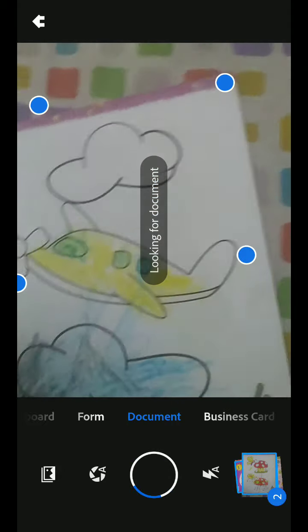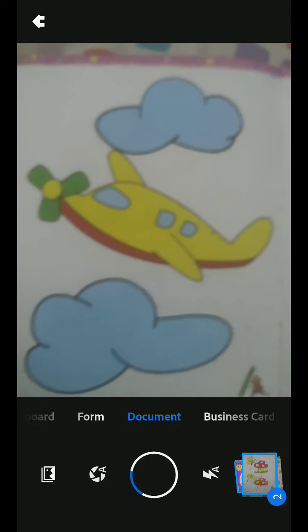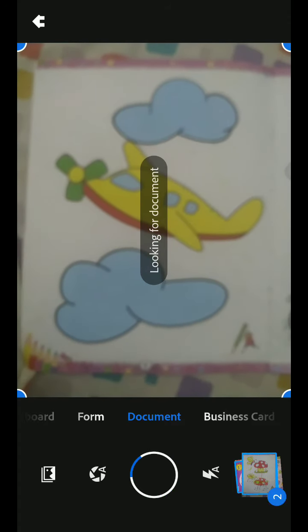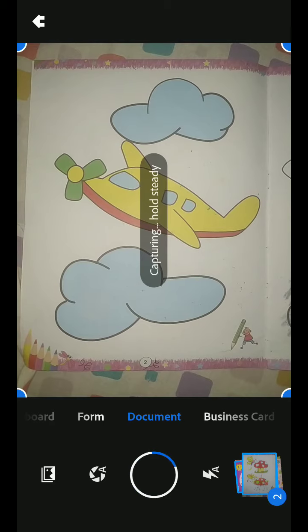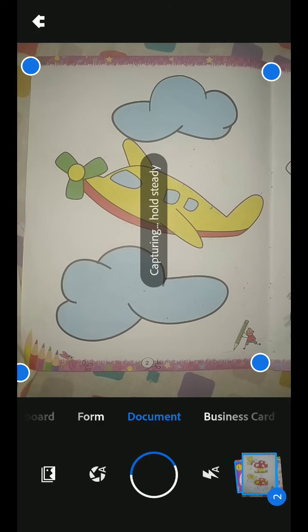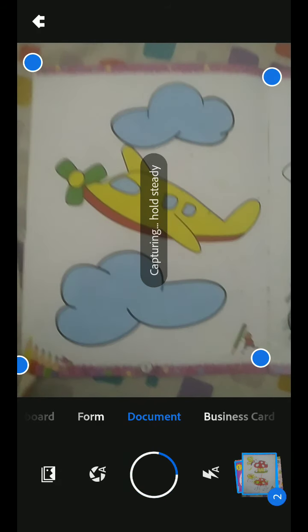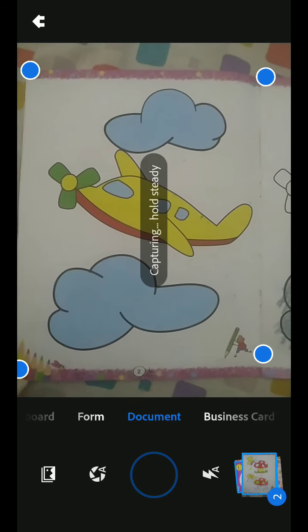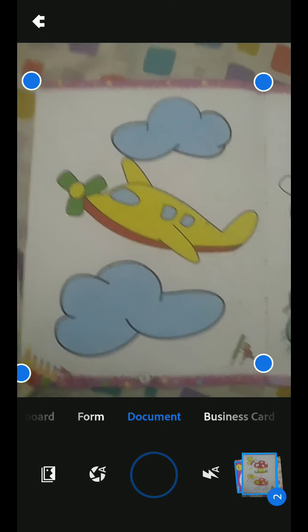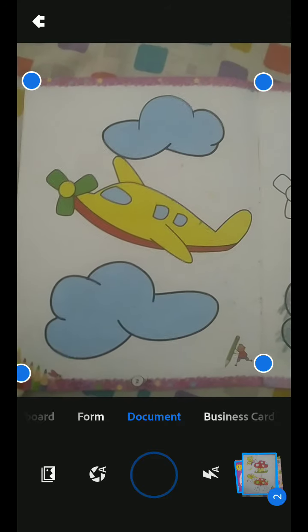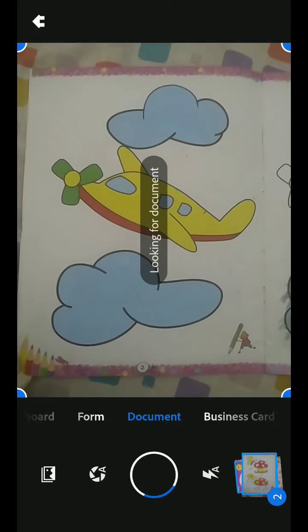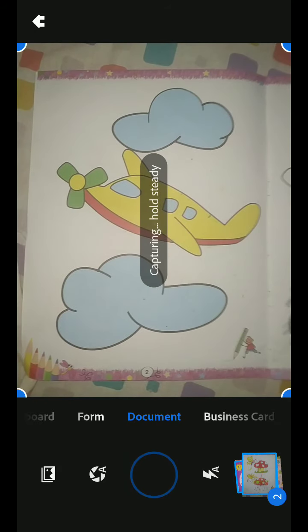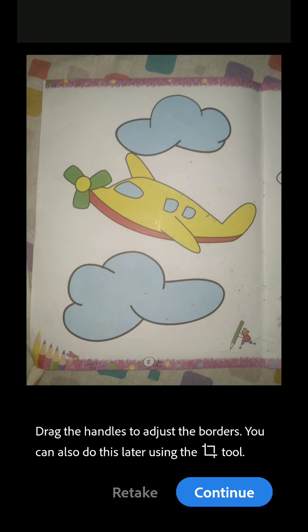Likewise, you can take as many pages as you like. Just this way. Hold it steady. Or if you want, you can capture it also.